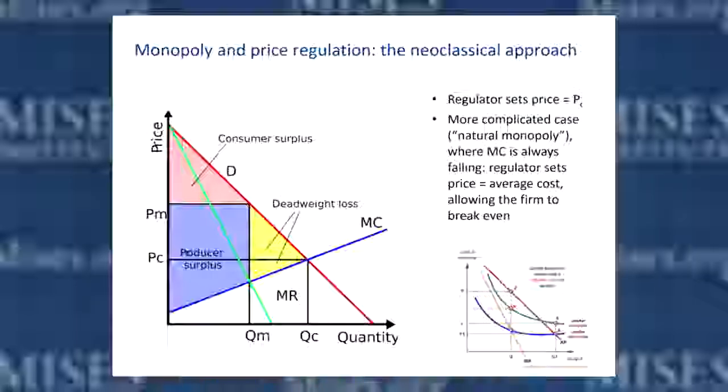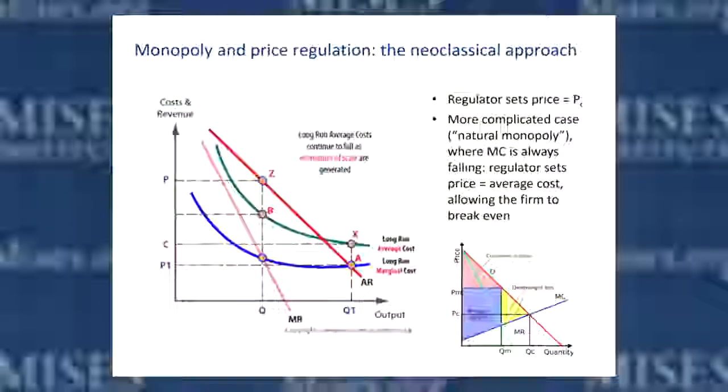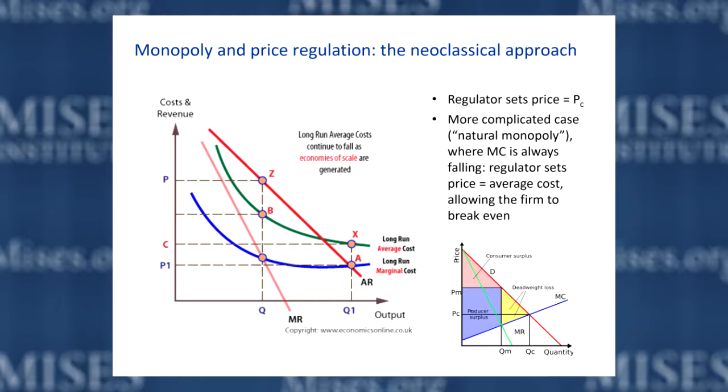You've already got the plant, you just run it a tiny bit harder. So therefore, the average cost of production, rather than being U-shaped, as in the typical case, is continually downward sloping. So you have a marginal cost curve that is also continually downward sloping, and therefore requiring the firm to produce where price is equal to marginal cost would make the firm earn a loss, because the revenues would be less than its costs at any level of output, because marginal cost is always below average cost.